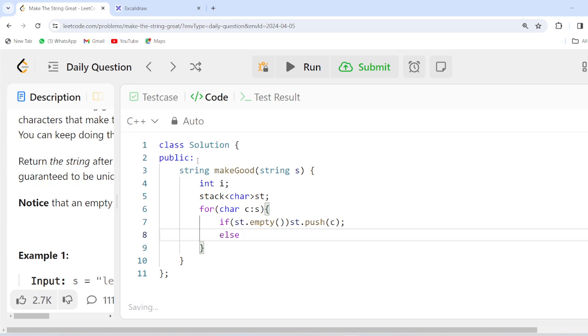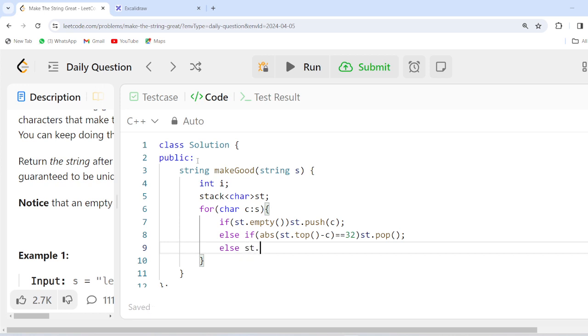Else if the abs of st.top minus the character c equals 32, meaning the difference is 32, then pop the element from the stack. And if the difference is not equal to 32, then push your element c.